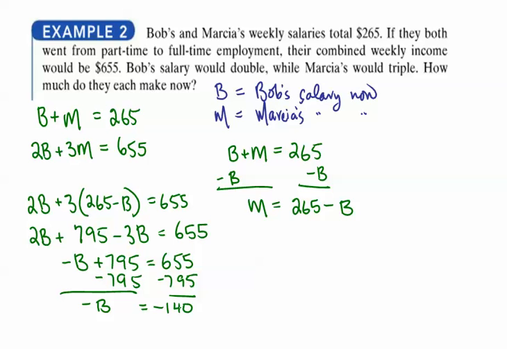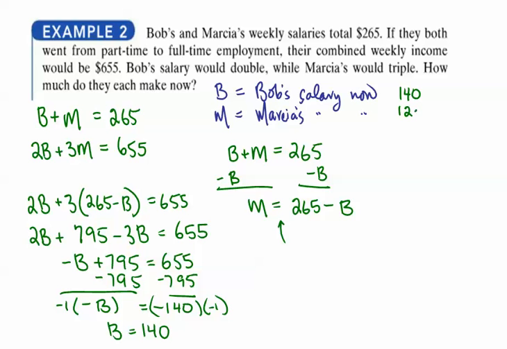$140. All we need to do at this point is multiply both sides by -1, or divide both sides by -1, and we end up with b is equal to $140. So that means that Bob's salary is $140 currently, and if together they make $265, remember that we have an equation to calculate Marcia's salary if we know Bob's, and since Bob's is 140, that must mean that Marcia's would be